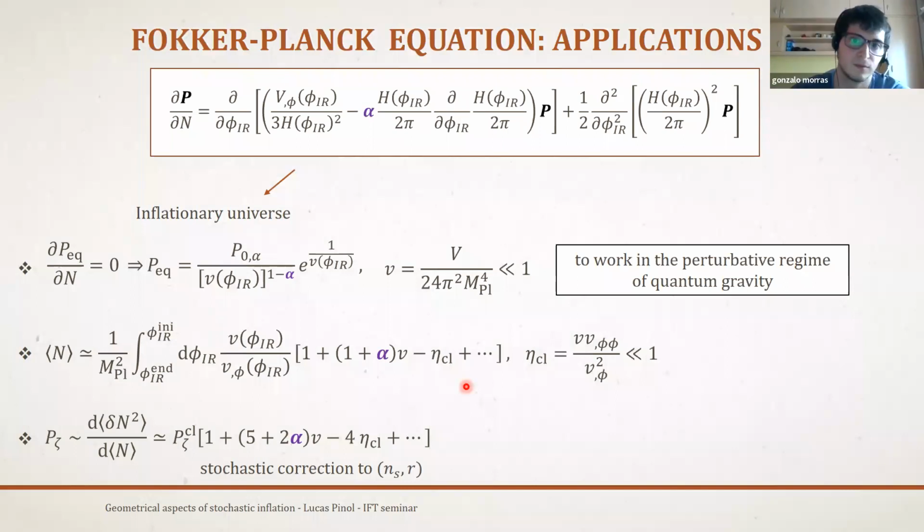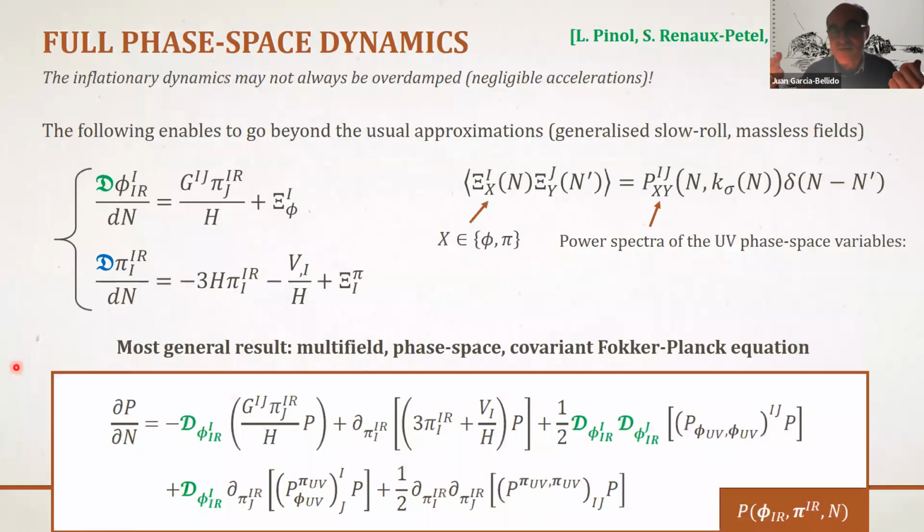Okay, thank you. And maybe Juan has a question as well? Yes, it has to do with the generalization of this scenario or proposal, where you have a deviation from slow roll, something that I've been exploring with Jose Maria, as you know. Of course, there you have a much bigger space, you're fluctuating in phase space, as you were describing right at the end of your talk, where not only do you have field fluctuations, but also momentum fluctuations, and they mix, obviously.